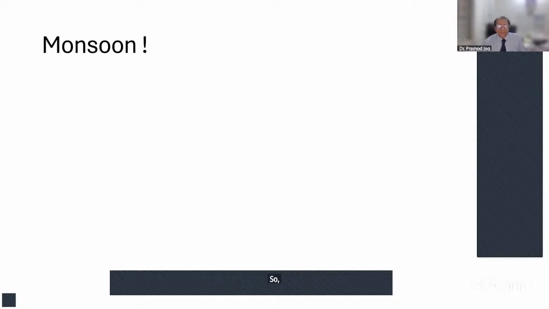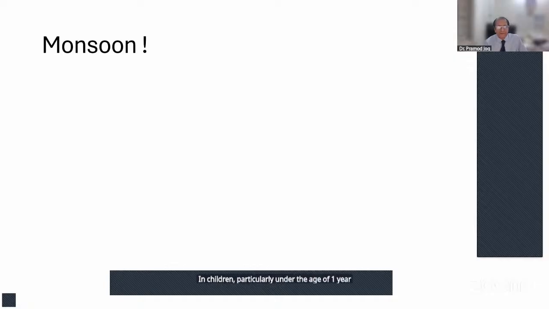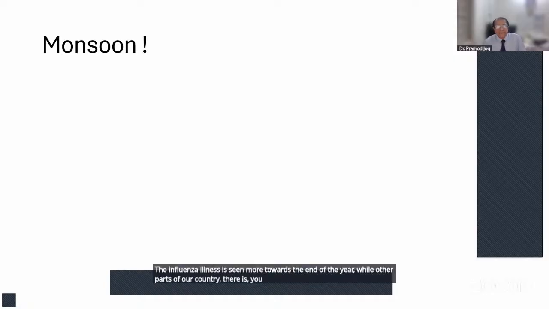So in many parts of our country, monsoon is in full swing, and respiratory illnesses like RSV in children, particularly under the age of 1 year, and influenza, they are in full swing. And dengue, the mosquito-borne illness, is also seen to a great extent. And monsoon is the season when influenza is at its peak. Though in India it is a disease with year-round transmission, particularly in the areas of Kashmir and Tamil Nadu, the influenza illness is seen more towards the end of the year, while in other parts of our country there is activity of this illness during monsoon and